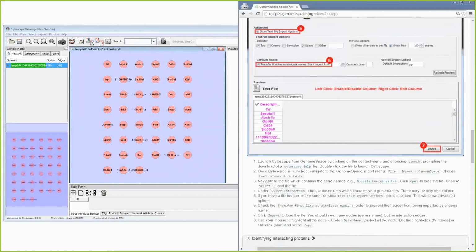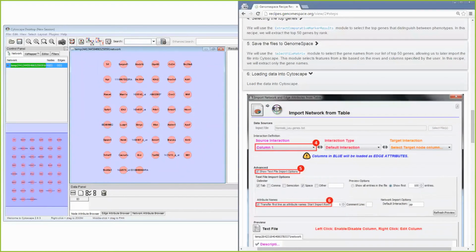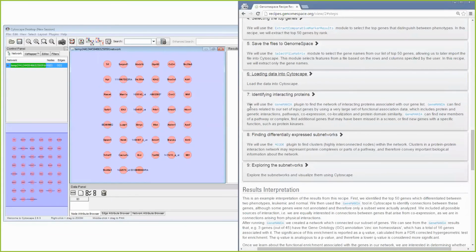And so the rest of this recipe will describe how to identify interacting genes within this group of 50 genes, and then within that, how to build a network, and then how to find subnetworks within that network. The reason we won't be doing that today is because it involves using GeneMania, and in order for people to follow along at home, they'll have to download a lot of data from GeneMania in order to run it.